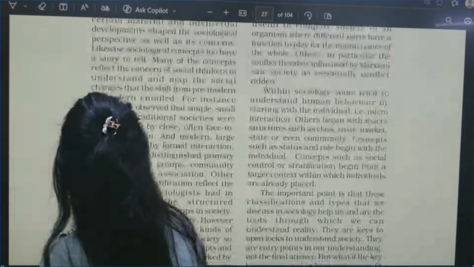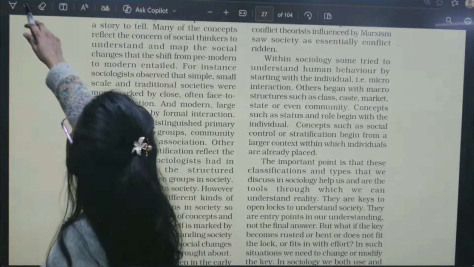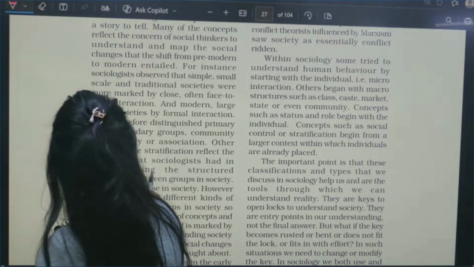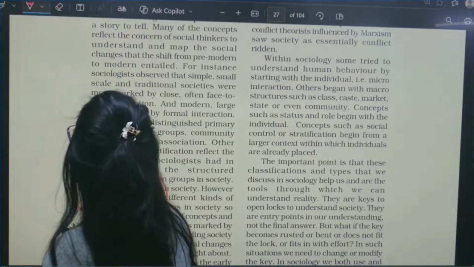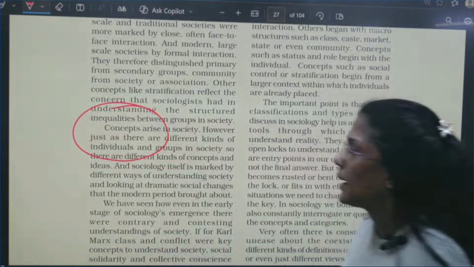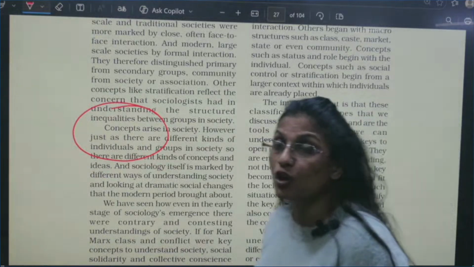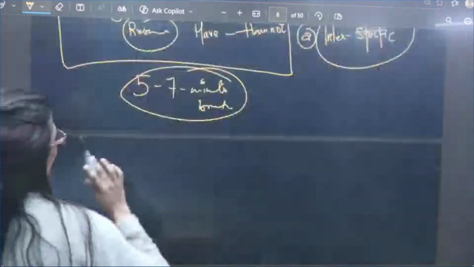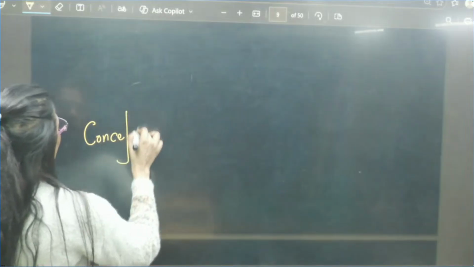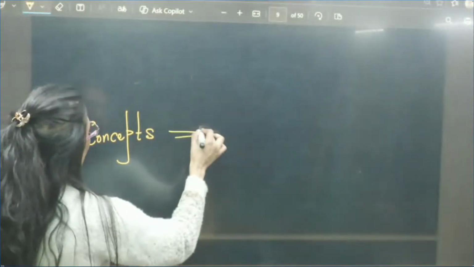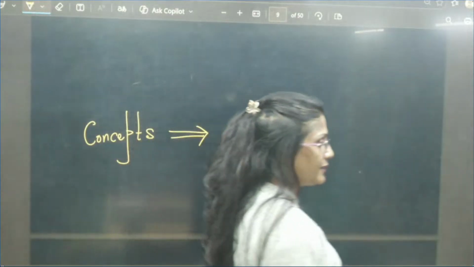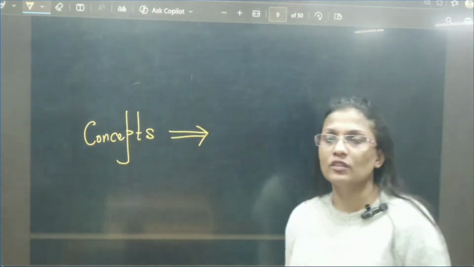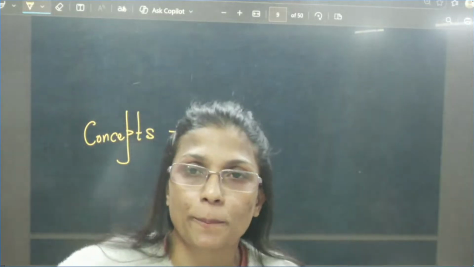Write down from here. What are concepts? See, when I am doing research, how can I do research? By applications, by research questions on concepts. So first of all, we'll have an understanding of concepts. I am not going to teach the basics which are written in your NCERT. I am going to explain concepts with reference to your paper topic 2 and topic 3.